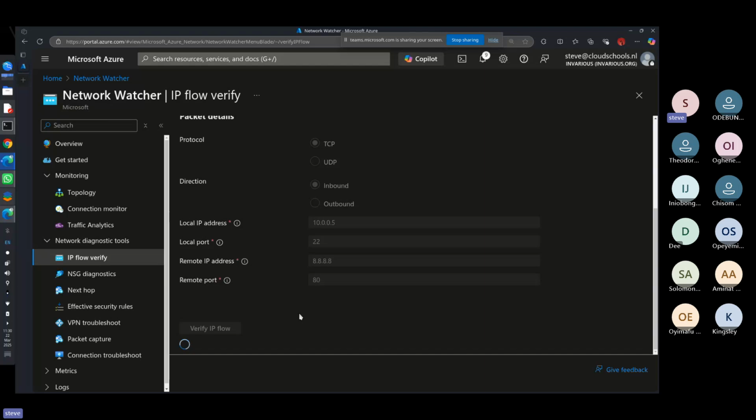Just wait a moment, and then it tests the connection. So this gives us